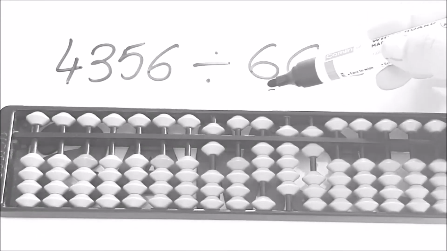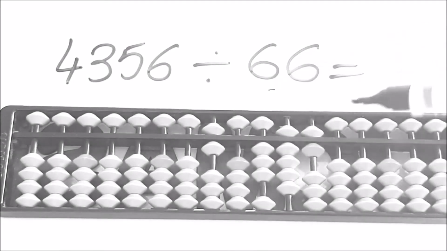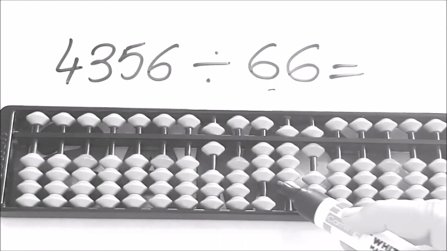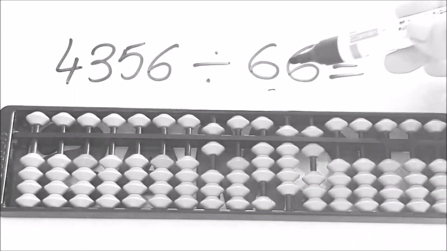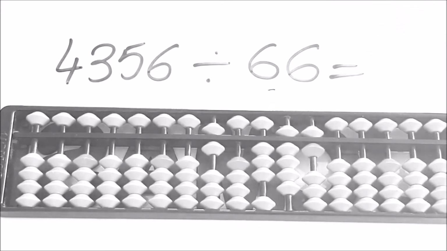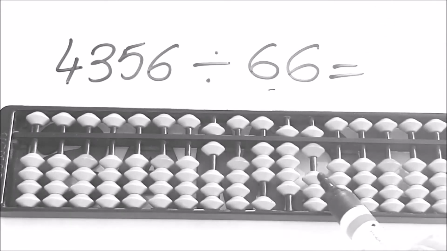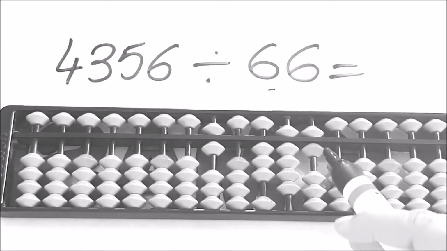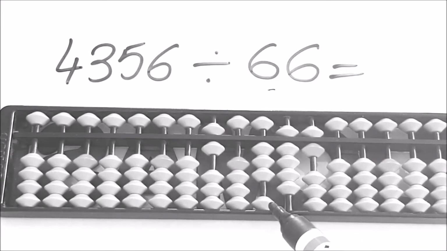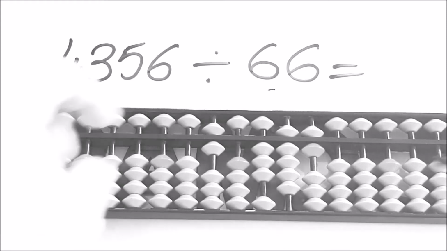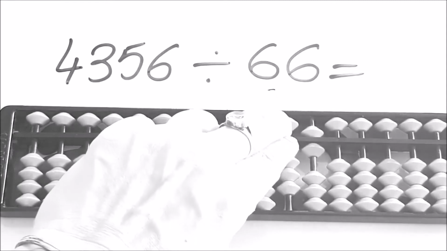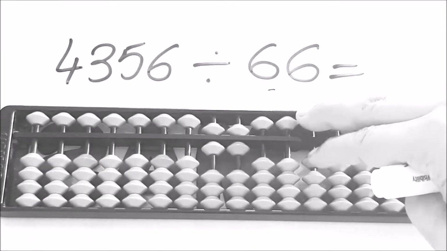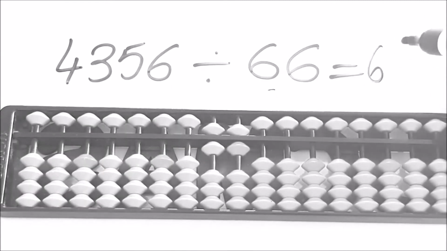Again we'll consider 6. In the table of 6 we don't have 3, we'll consider 2, that is 39. So 6 6s are 36 is there. Now 66 into 6 is again 396. Yes, we can subtract it. So now the subtraction will end here. So we will leave 2 rods and place the answer 6 here. Minus 3, minus 9, minus 6. And the answer is 66.